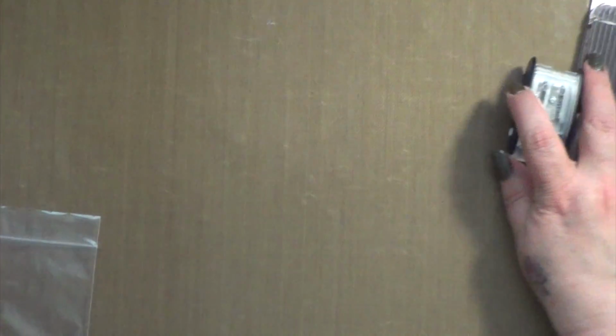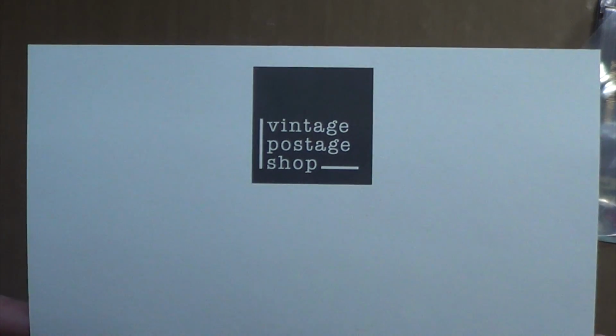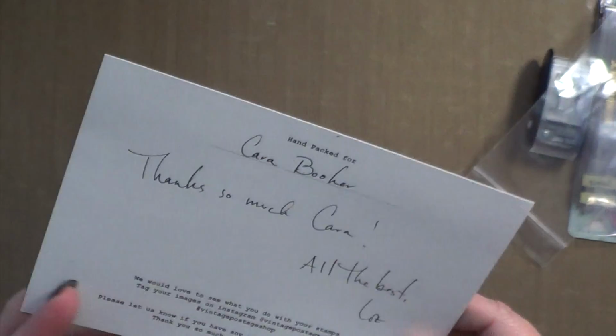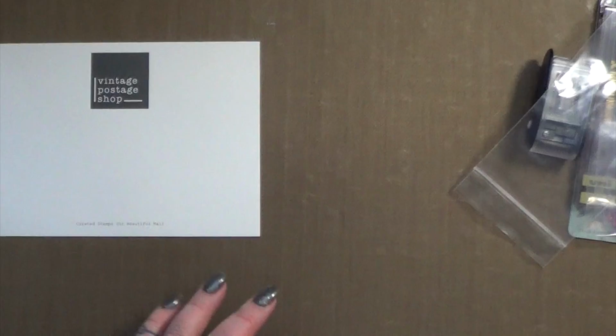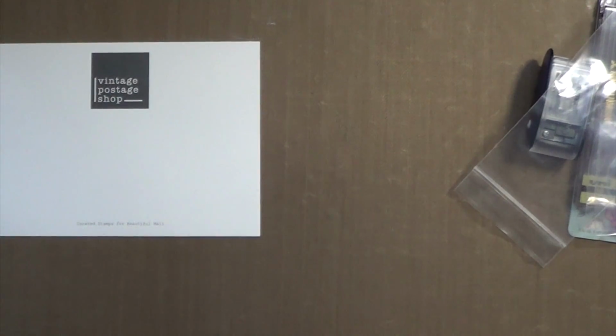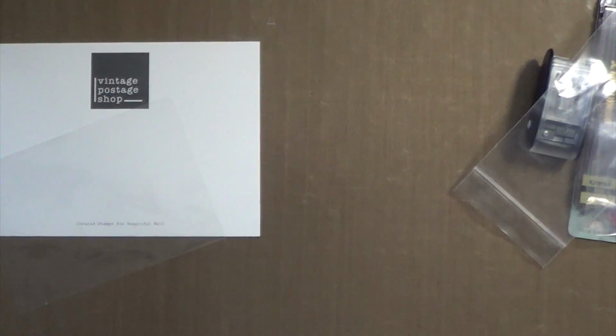And let's see, what else do I have to share with you guys? I got just a small order from, was this an Etsy seller? Let me see. Here is the seller, Vintage Postage Shop. Nice little note on the back. And what I picked up, I just got a small order from her. I'm assuming it's a her, could be a he, sorry if it is